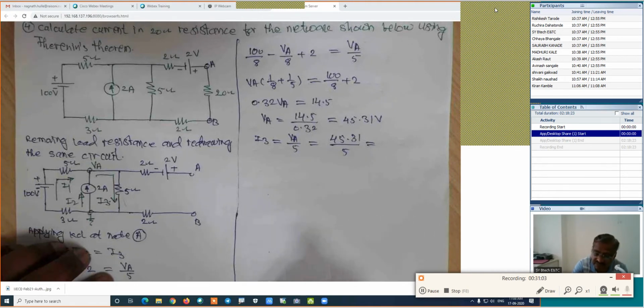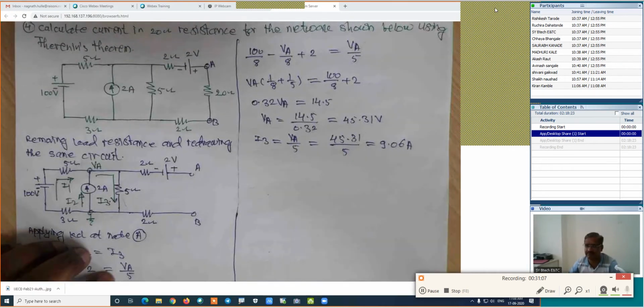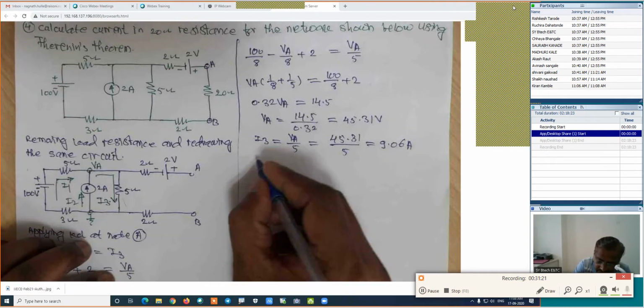9.06. 9.06 amperes is the I4. I will check with someone. Yes, anyone has the answer? Sir, correct. Correct. Okay, fine. If we know the value of I3, then we will find out the value of VTH, which is equal to